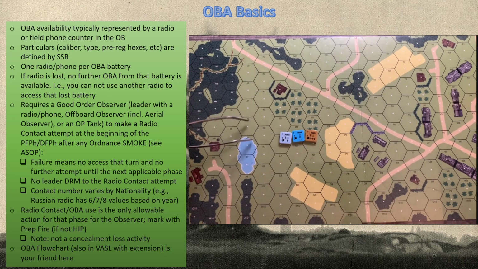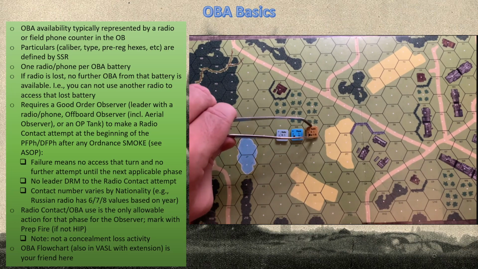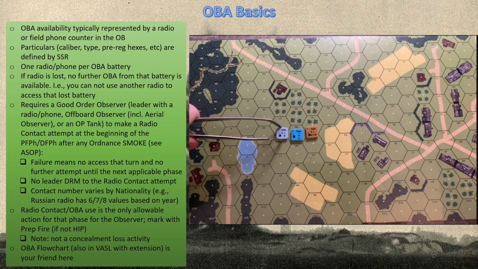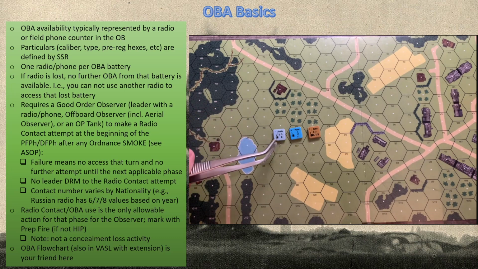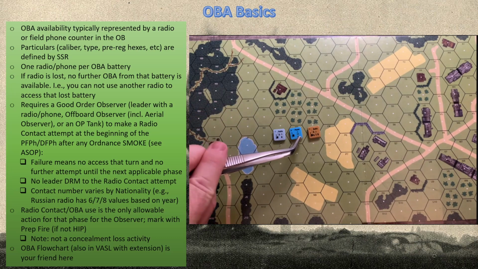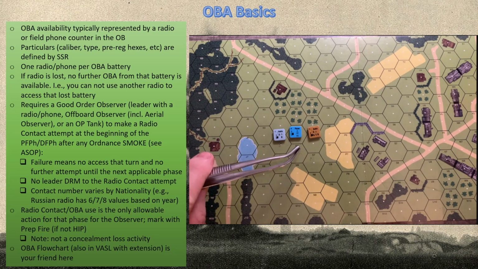You're only allowed to have one radio or phone per battery, and you cannot use another radio to access another radio's battery. It's a one for one. Look at the counters themselves. What we have here is a German radio, a French field phone, and a Russian radio. If you look at the number at the bottom here, that's going to be your access number. The biggest difference is, we're going to get to that in a second here, but